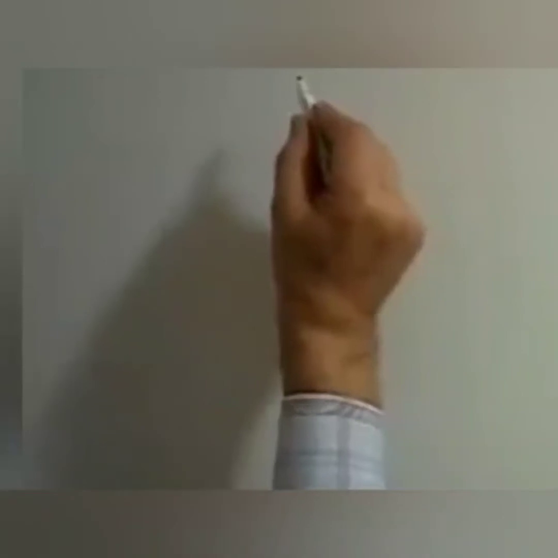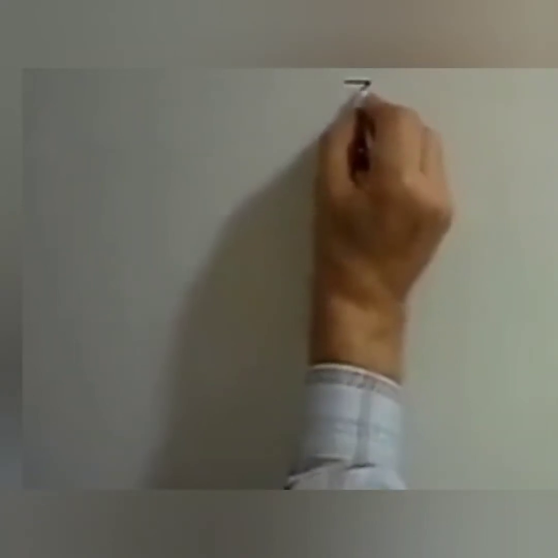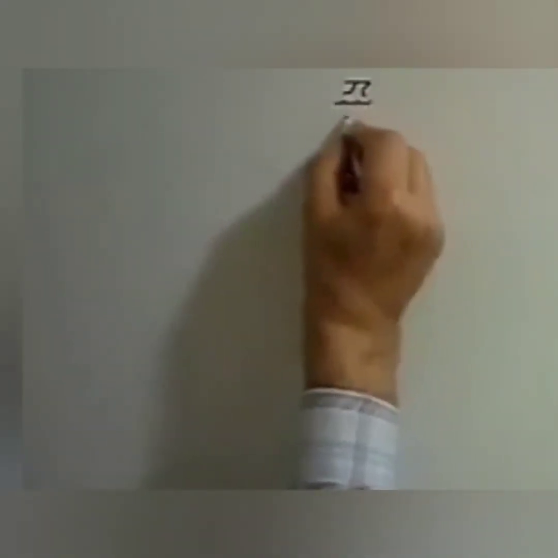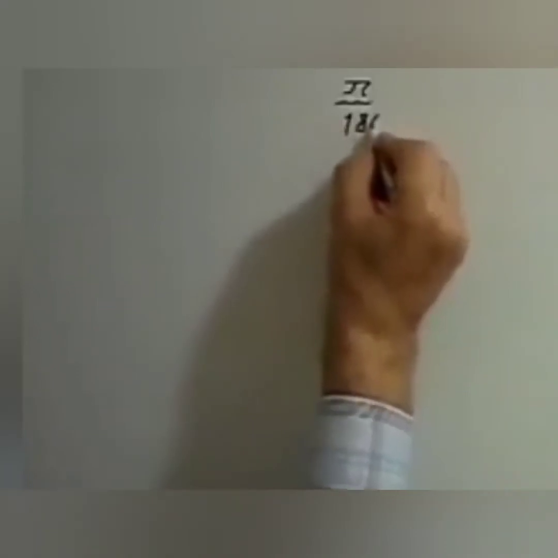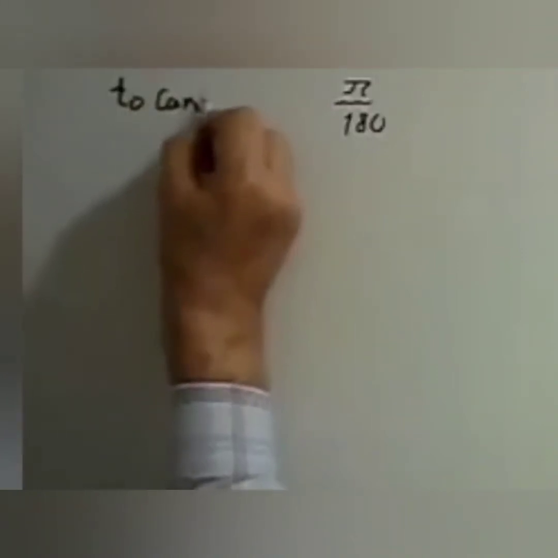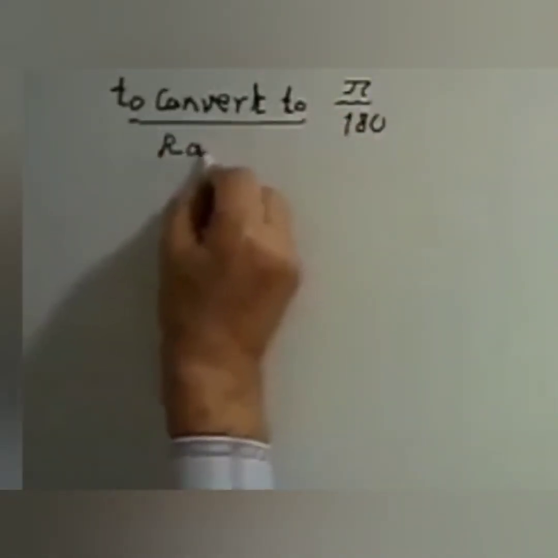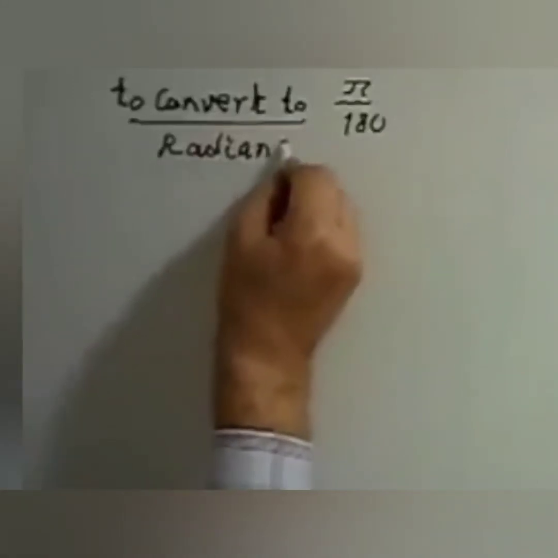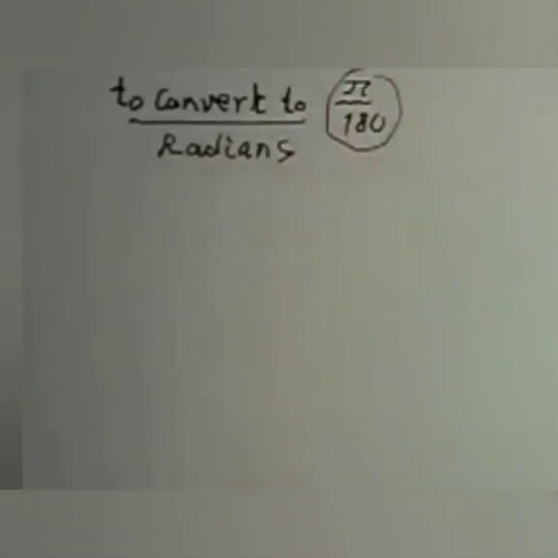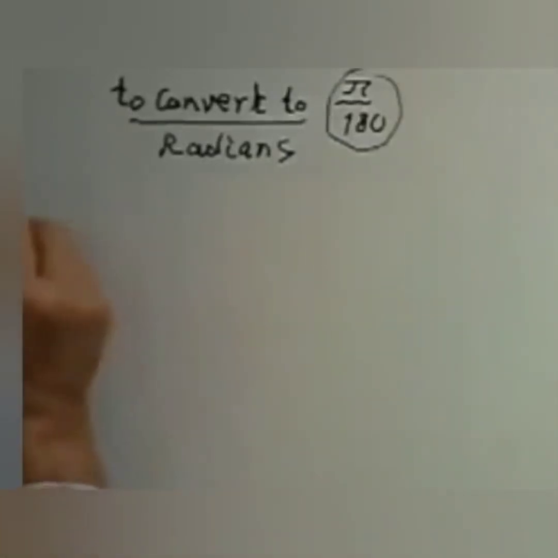To convert from degrees to radians, you have to multiply by the ratio pi over 180. So this angle here in degrees, to convert it, we just say 210